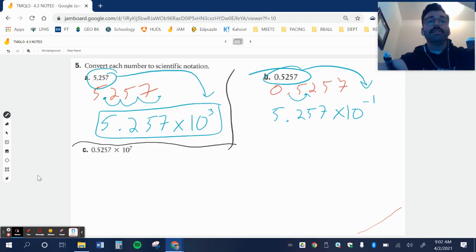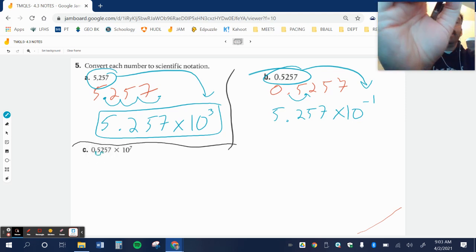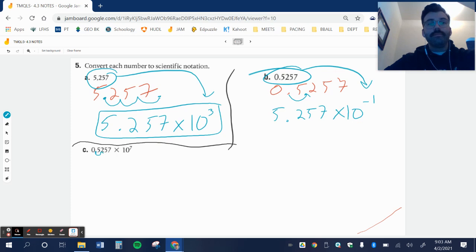All right, so if we look at this in part C, we have 0.5257 times 10 to the 7th. That is very close to scientific notation. But you'll notice here, this number, our coefficient, 0.5257, is less than 1. So I need to move my decimal place so it's between 1 and 10. I just have to move it one more spot. And if I move it one more spot to the right, now this is kind of confusing, since I moved it one more spot to the right, I subtract 1